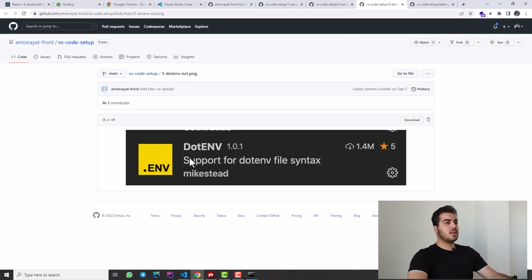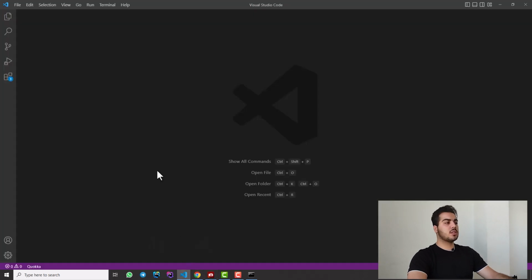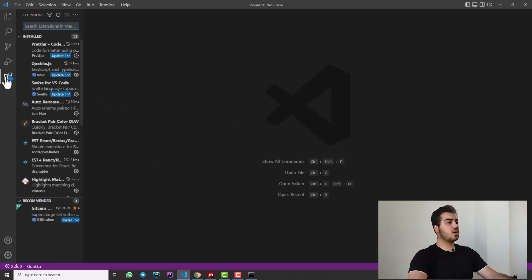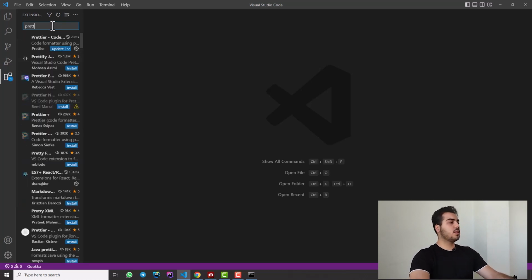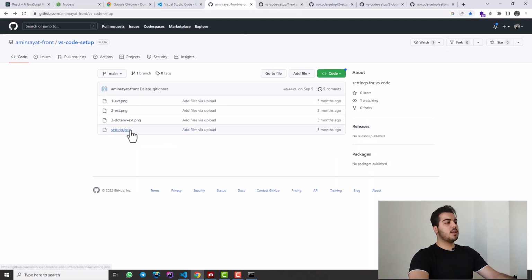You can have them here, and to install these extensions on your Vscode, you can click here on the extensions part and search the name of your extensions. For example, Prettier. I type it here, click on it, and with this button you can install or uninstall it for your Vscode. And about this file that I named Settings.json,